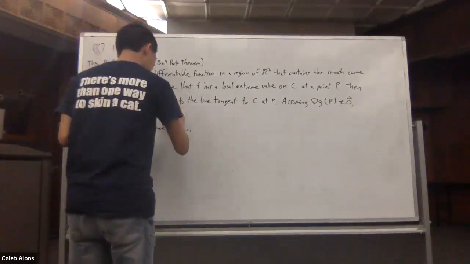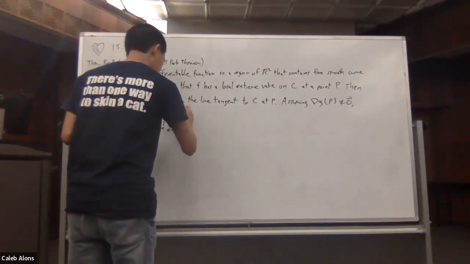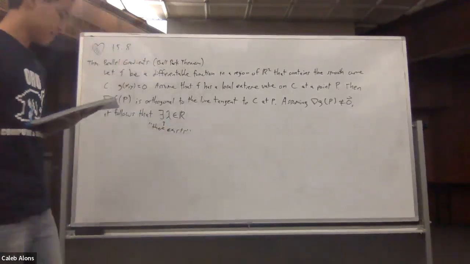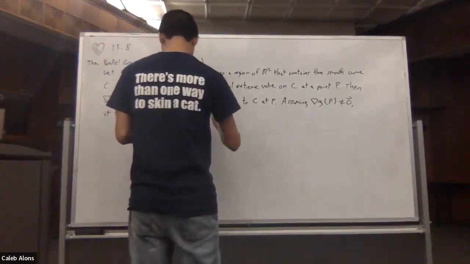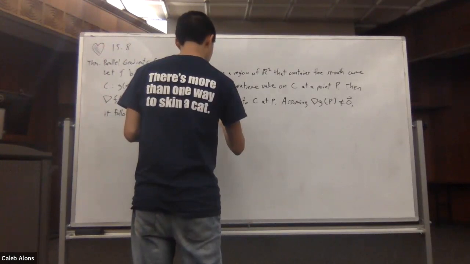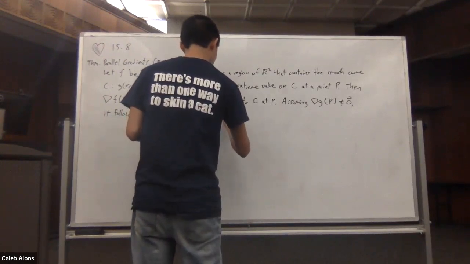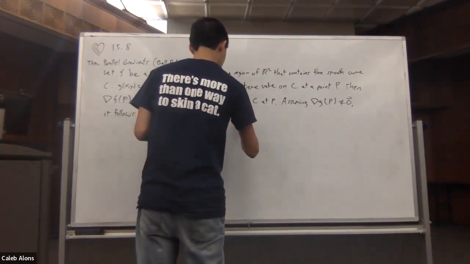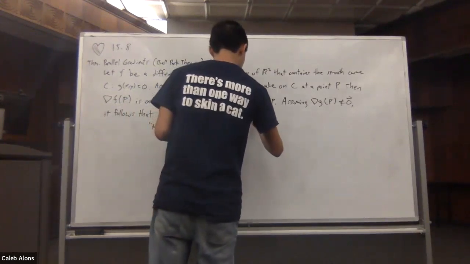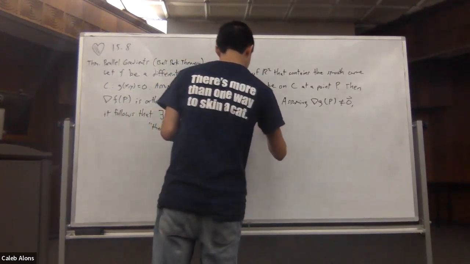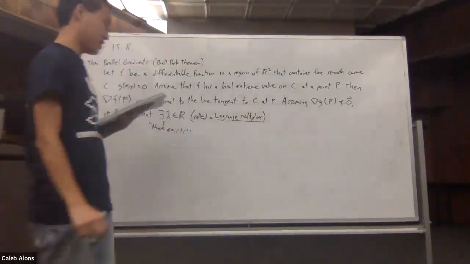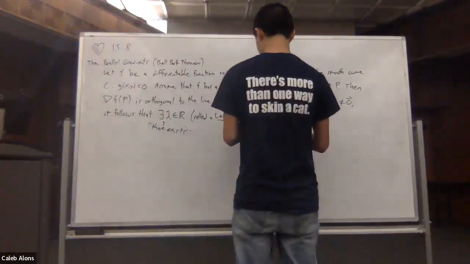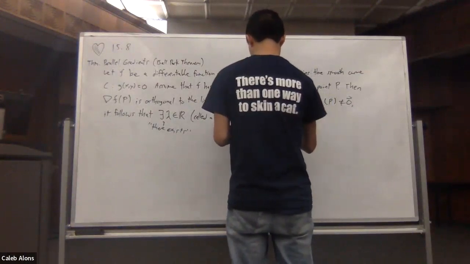There exists some constant real number lambda, which we call a Lagrange multiplier, the name of the section. Lagrange. That's the name of this section 15.8. Lagrange multipliers. So that's the character of today's episode. And then such that